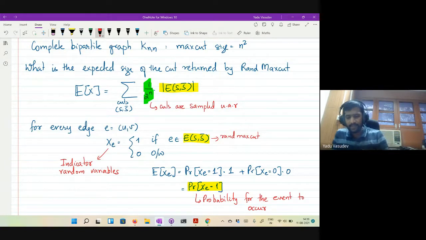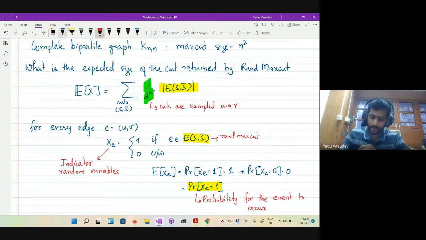The way that we define this random variable comes out of the randomized algorithm and also what we are actually trying to analyze. Since we are interested in the number of edges, a simpler way is to look at individual edges and see whether they are in the cut, which is why we went forward and defined a random variable this way.